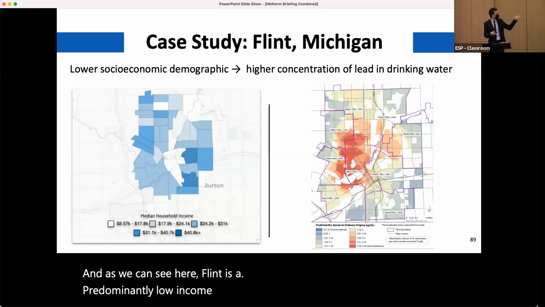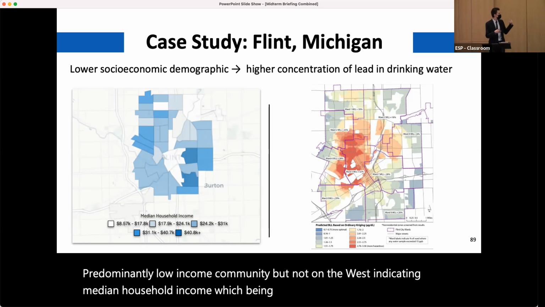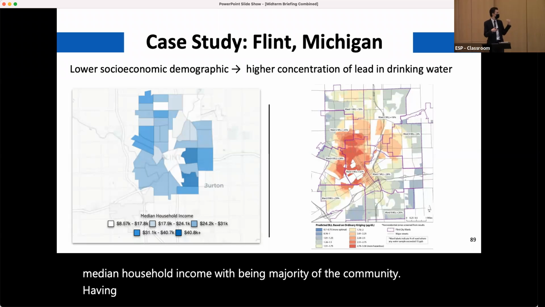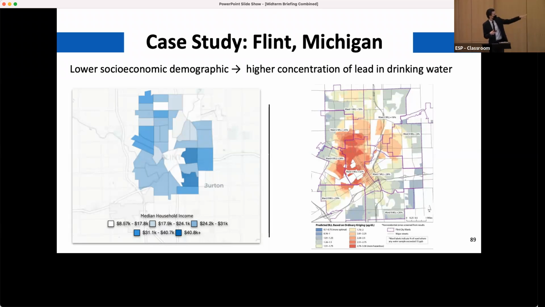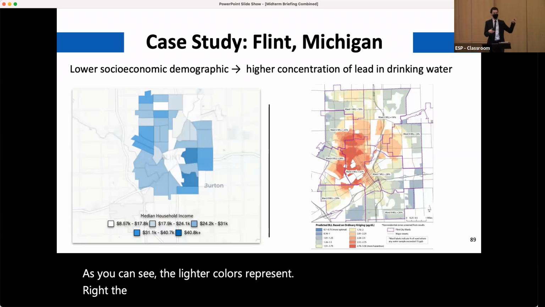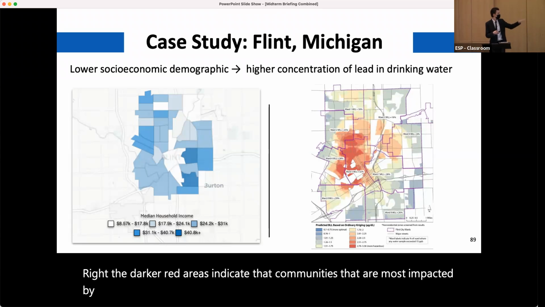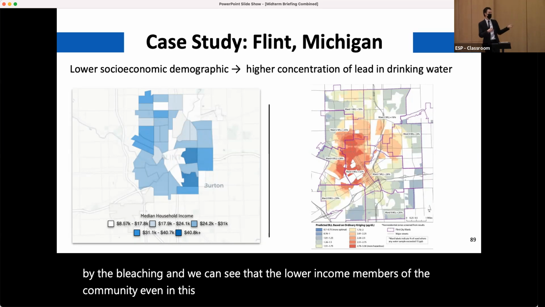The map on the left indicates median household income, with the majority of the community having median household incomes below 40,000. As you can see, the lighter colors represent lower incomes, the darker colors representing higher incomes. And then on the right, the darker red areas indicate the communities that were most impacted by the leaching. And we can see that the lower income members of the community, even in this region, were more strongly impacted